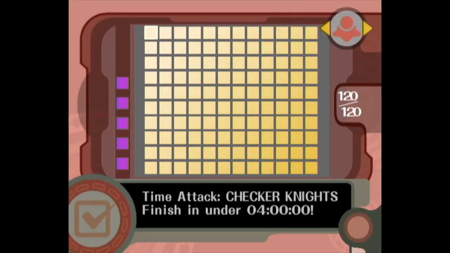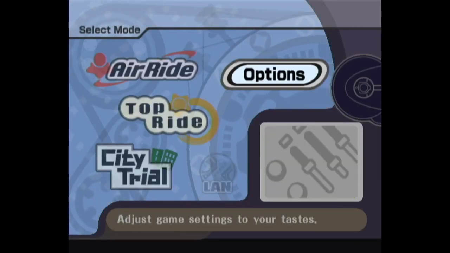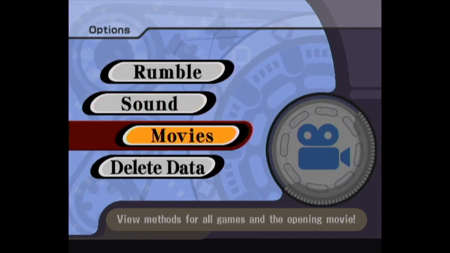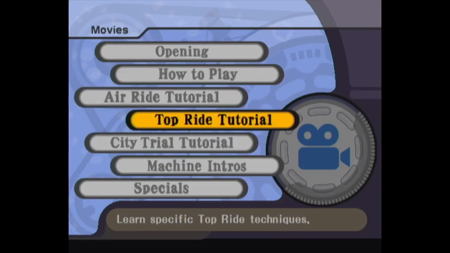And to conclude this look at the Air Ride mode, I want to head back to the main menu and actually go to the options, where I want to show two special videos. We have the machine intros that's unlocked by default,